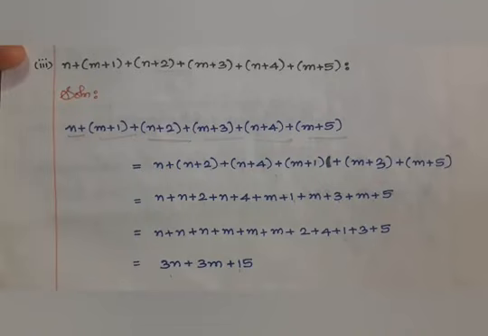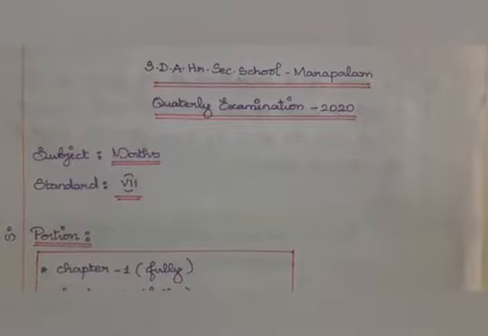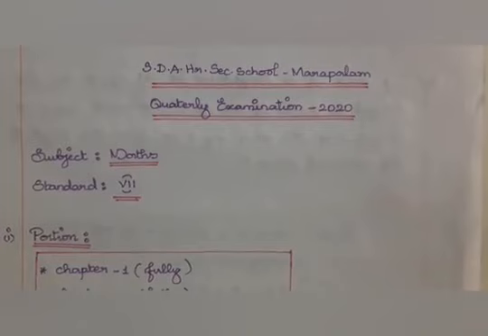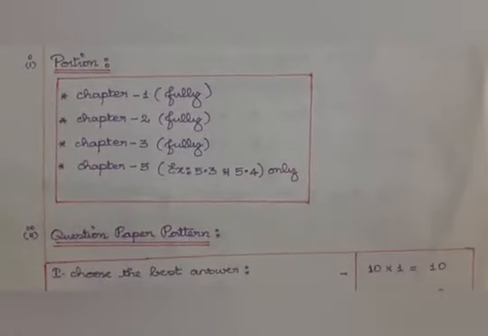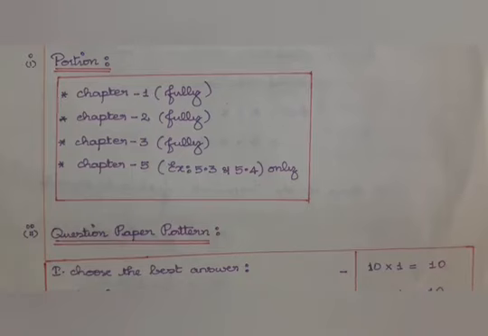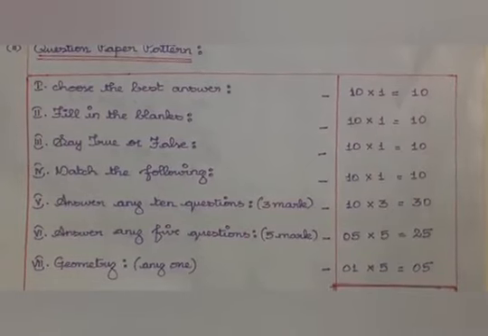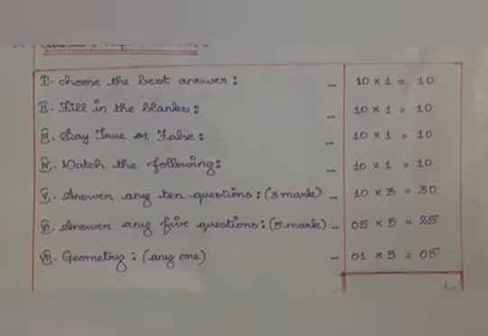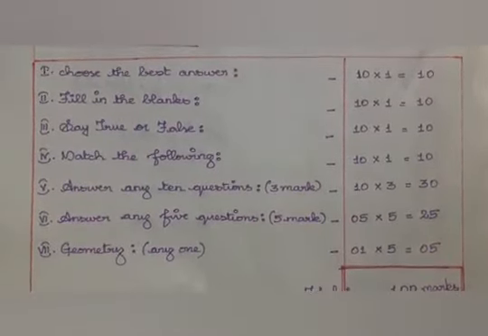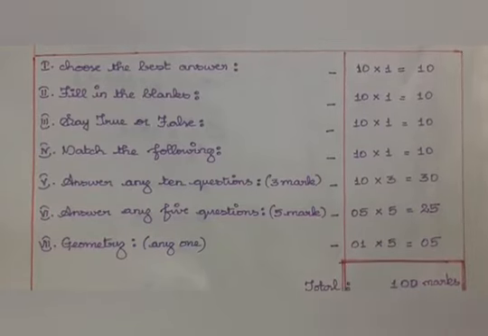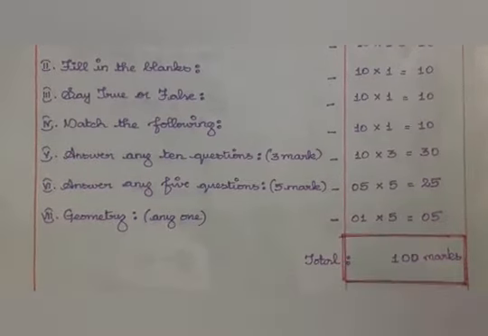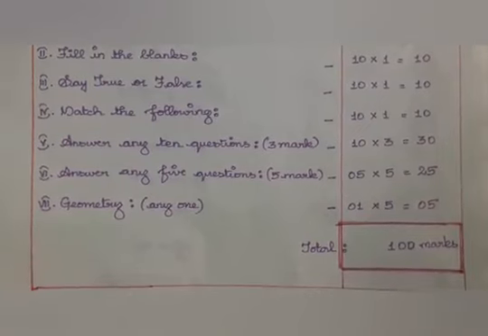Now I will show you the question pattern. So this is your quarterly question portion and the pattern. The portion, as I said, is chapters 1, 2, 3 fully. Only in chapter 5 we have 5.3 and 5.4. When you consider the pattern, you have 40 marks of objective type questions in the form of choose, fill-ups, true or false, and matching. So you will be scoring 40 marks if you completely revise all those questions.